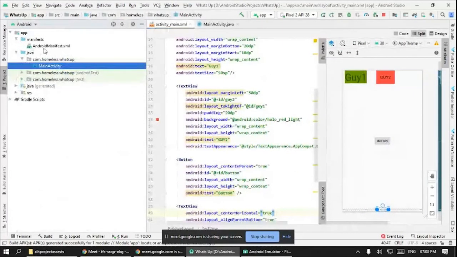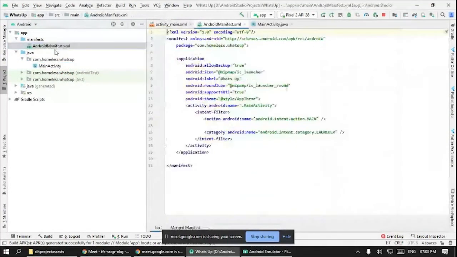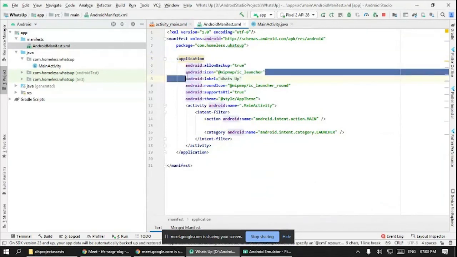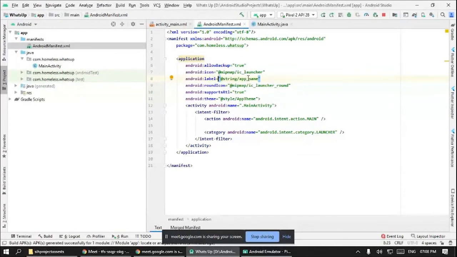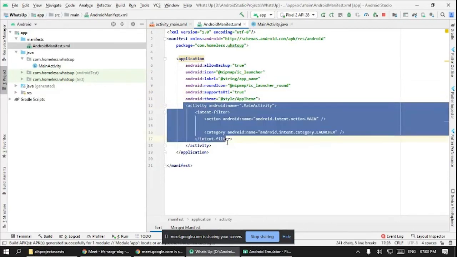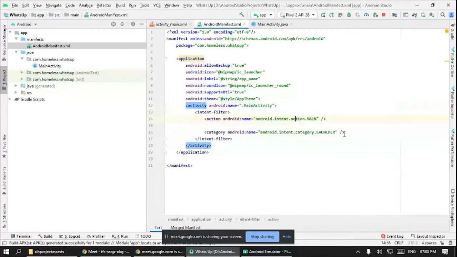First, there is a file called Android manifest. This is the index of our application. There is this icon, which means our app icon. This label means our app label. We can change this to whatever we want, then our app name will change. There is a round icon because most modern UI uses round icons, so specify the round icon here. It will look so beautiful. And then there is a theme. This is our main activity, and it is the launcher activity, that means it opens up first.